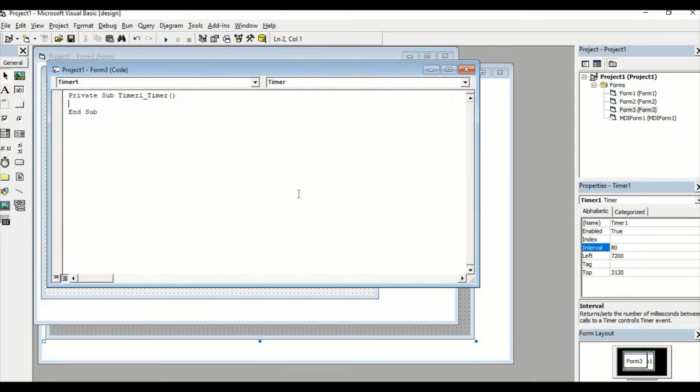Then we make a double click on timer. We write label 1 dot caption equal date. Then label 2 dot caption equal time, like this. So